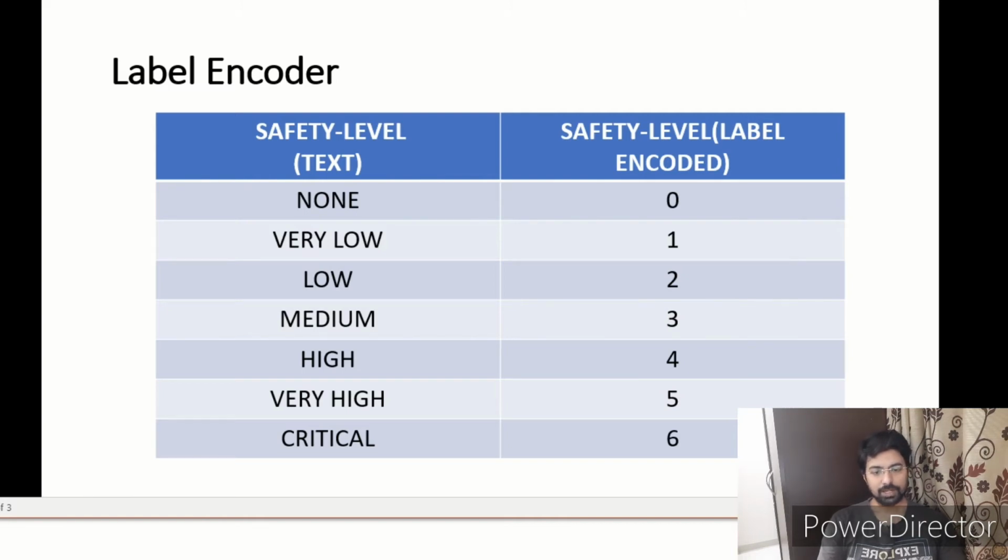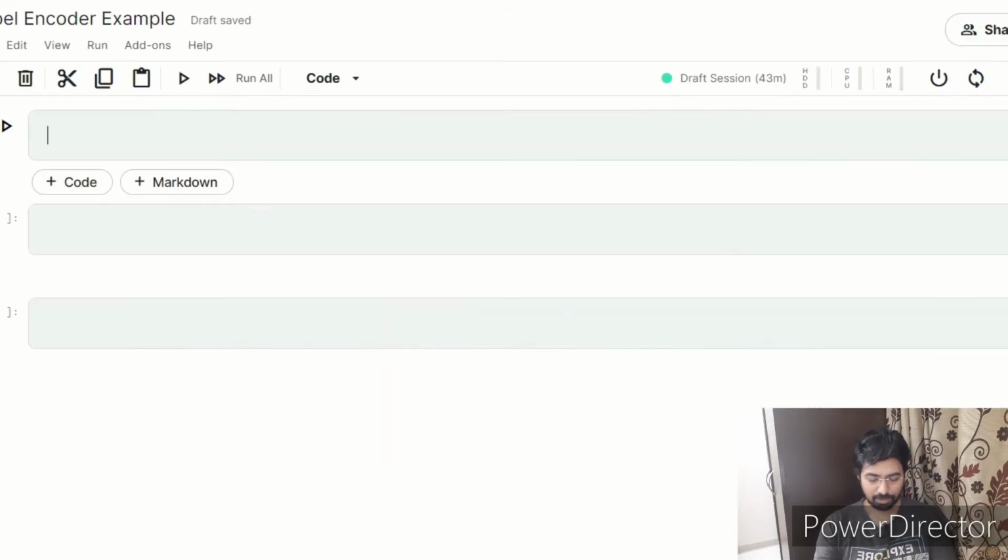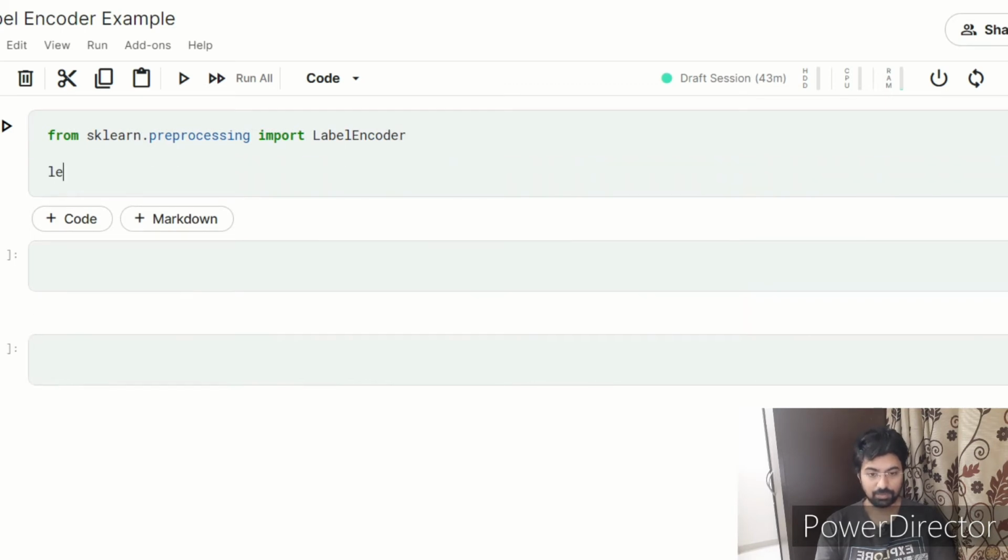So, let us import from sklearn.preprocessing import LabelEncoder, and I just create a definition of the label encoder, and I have not given any